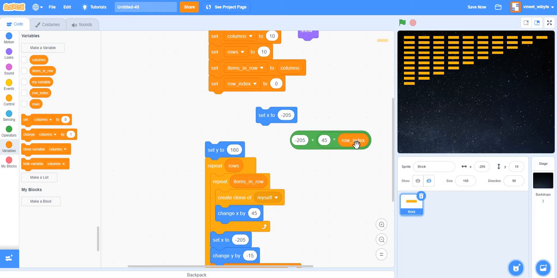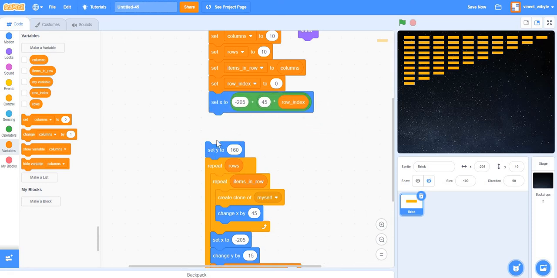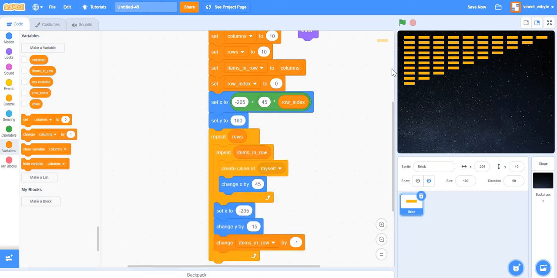I have put 45 times row index because the separation, basically, of these sprites is changing by x of 45. So what I want really is that whenever row index increases by 1, my starting position also shifts right by 45 points. So now because my row index is set to 0 in the beginning, if I take this code and put it here, the first brick will come exactly where it was, because remember 45 times row index is 0.